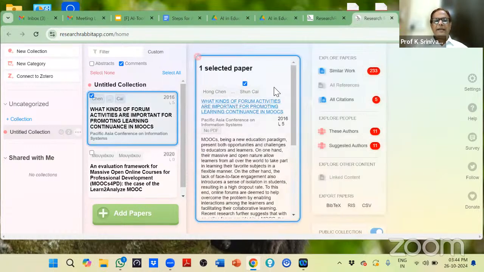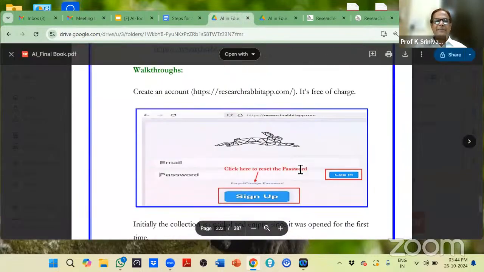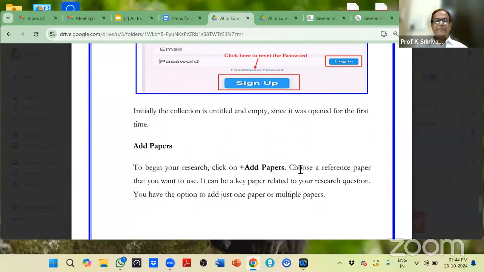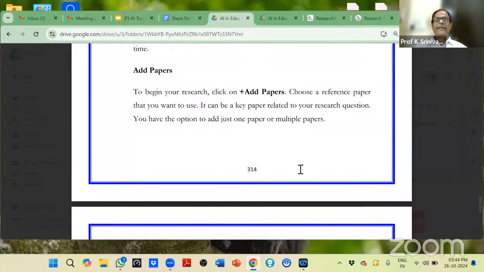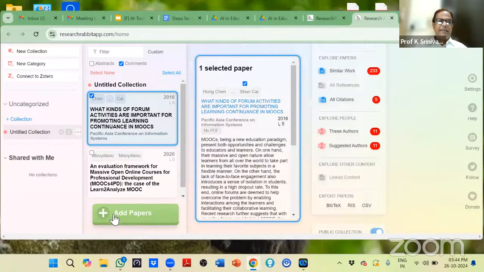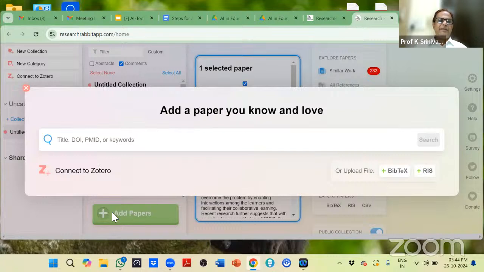सो इसके साथ कई सारे आर्टिकल की बात आ गई, तो कई सारे आर्टिकल्स इन्होंने रेफर करके दिया था, तो मैंने सोचा कि ये आर्टिकल्स इसके बारे में बात कर लेंगे। तो हमने क्या किया था, रिसर्च रैबिट में गया, और उसके बाद यहाँ लेफ्ट डाउन कॉर्नर में एक ऑप्शन है, ऐड पेपर्स करके। ये देखिए, जब मैं ऐड पेपर्स के ऊपर क्लिक करता हूँ, ये यहाँ से सीधा फायदेमंद आपके पास रहेगा जो रेफरेंसिंग टूल्स हैं, जैसे मैंने मैंडले और जोटेरो के बारे में बताया था। ये बहुत इंटरेस्टिंग, बहुत यूजफुल